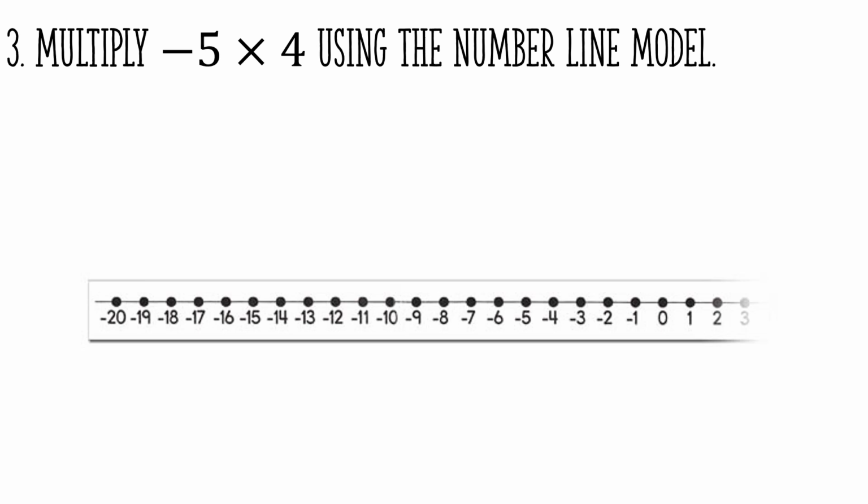It says multiply -5 times 4 using the number line model. Alright, so the way that I did